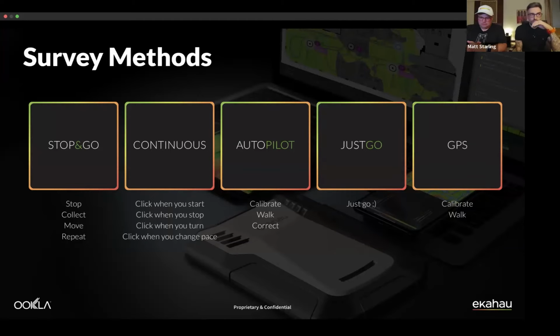However, if you need to do a survey outdoors where maybe you haven't got many reference points, like a mining site, for example, shipyards, anything like that, but you haven't got any physical reference points that you can use, leveraging GPS to be able to track your survey path has been a game changer for some of our customers, hasn't it? Absolutely.